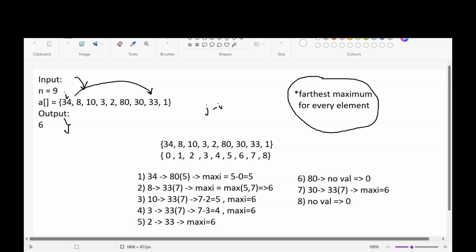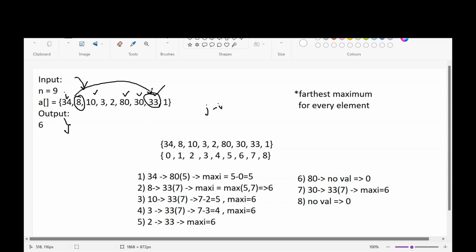For example, for the element 8, what are the elements which are greater than 8? We have 10, we have 80, we have 30, we have 33. But which element are we going to consider? We are not considering the maximum of all of them, that is 80. No, we are considering the farthest maximum.